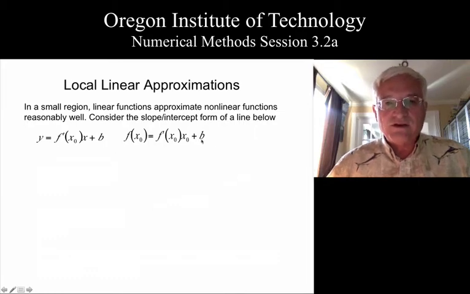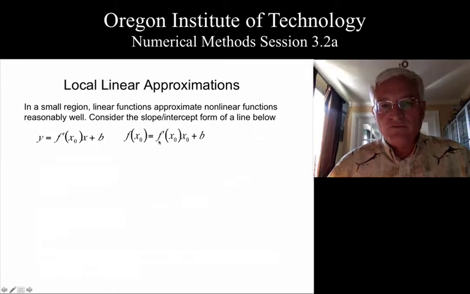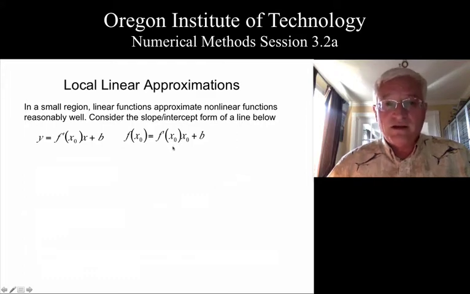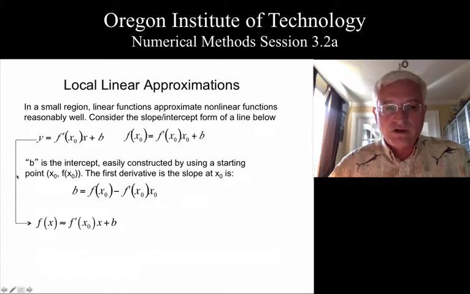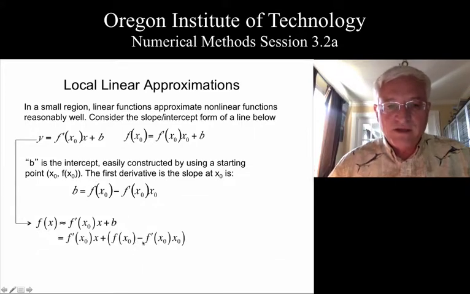Now I don't know the b-intercept yet. I do need to find it. But it's sure going to be easy to find because everything in this equation is known except for b itself. So all I really have to do is subtract f prime of x0 times x0 from both sides of the equation, and I've got myself my b value. So here we have constructed b just in the manner we described, and we'll plug that back into our original linear equation. Now we could simplify that a little or make it look a little nicer by combining the two derivatives of x0 together, and then you would have f prime of x0